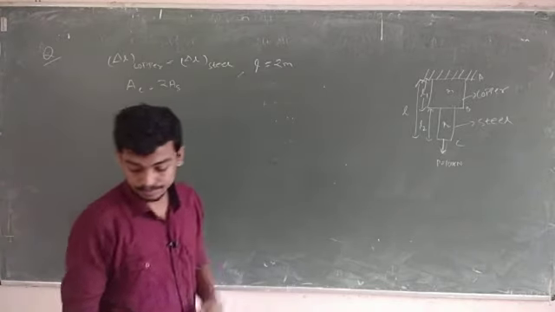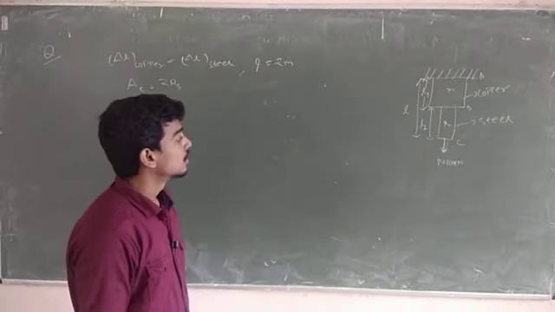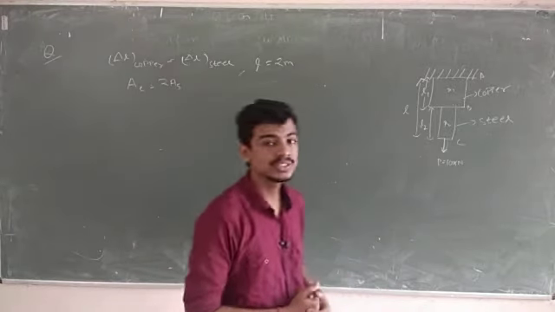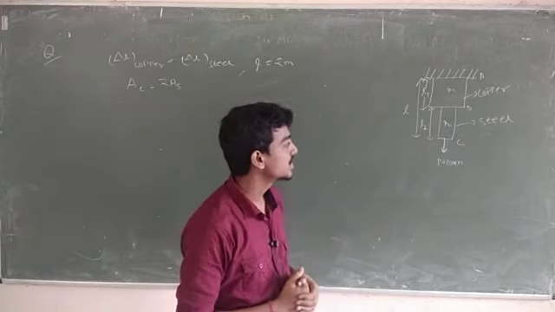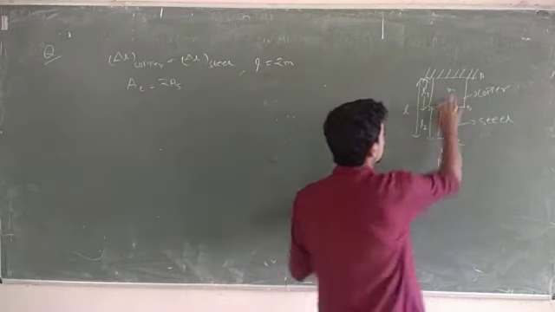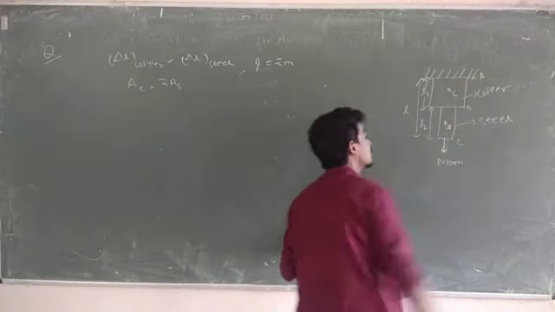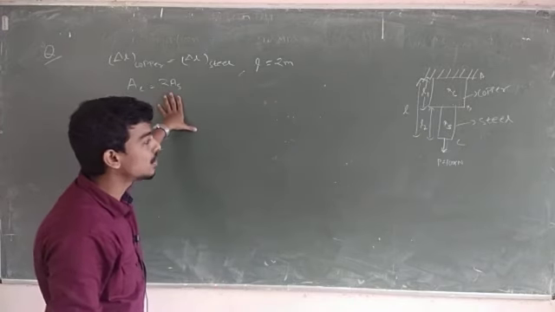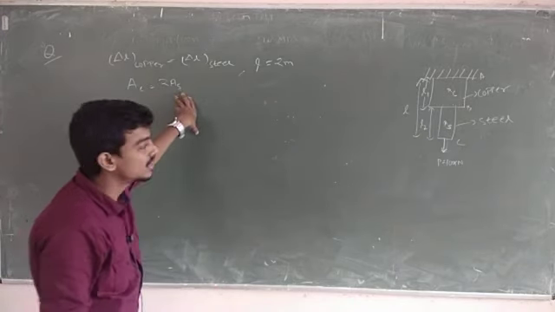our second problem. So in this problem, it is given that there is a bar of two materials used here. One is made up of copper and one is made up of steel. The copper area is denoted as AC and the steel area is denoted as AS. It is given that AC equal to 2AS, means area of copper is equal to 2 into area of steel, and the total length is given as 2 meter.